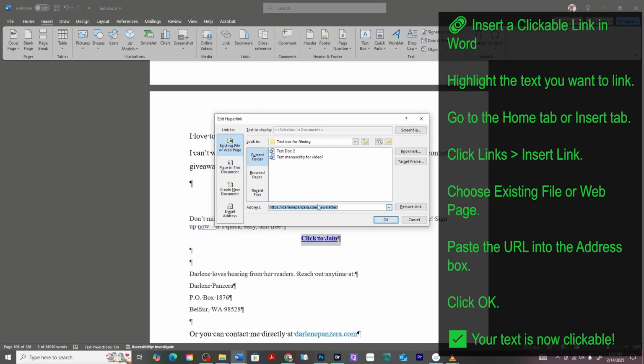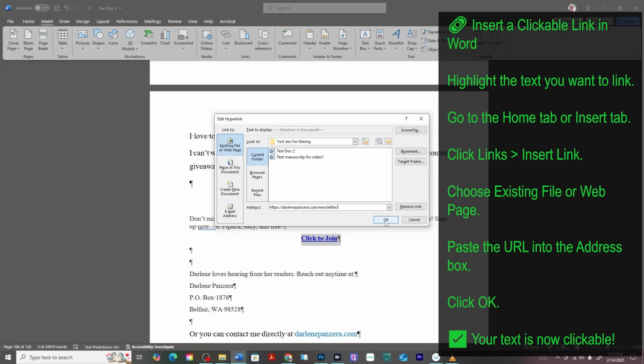Then right here, you can choose an existing file or web page, and then you can enter right here the address. And so right here I have